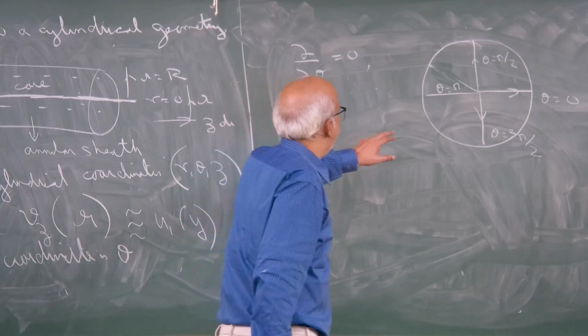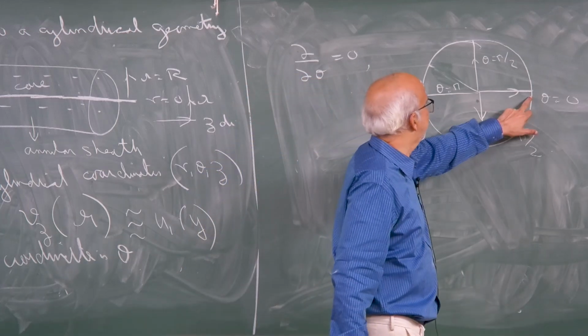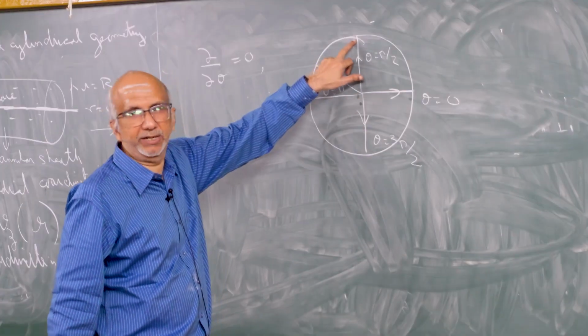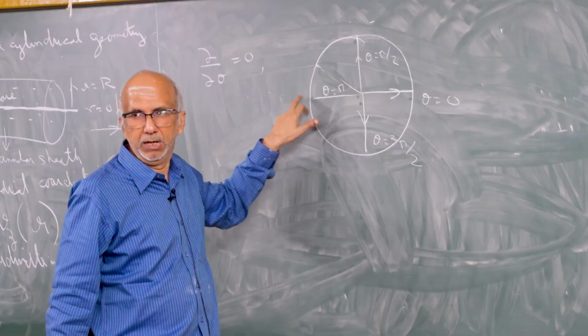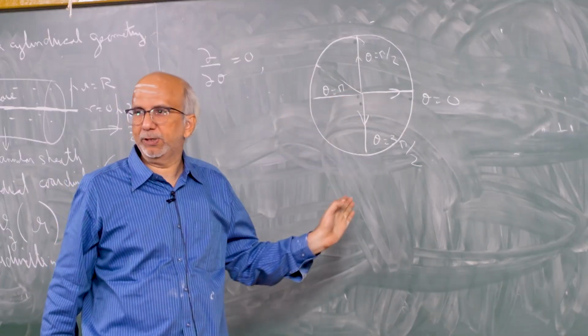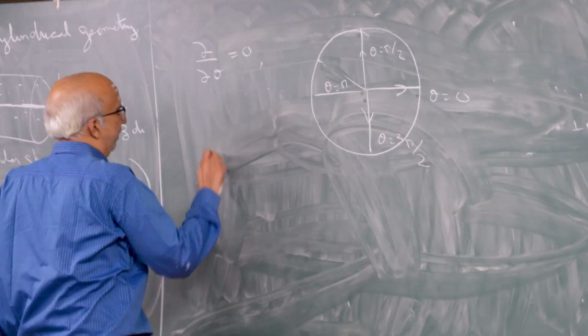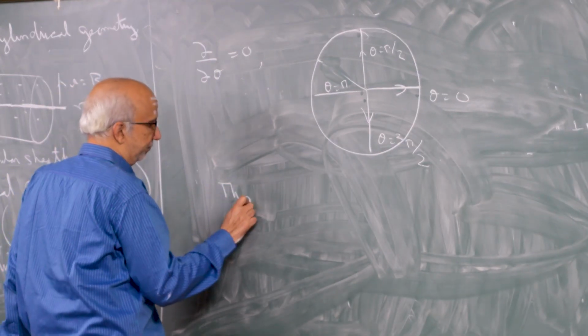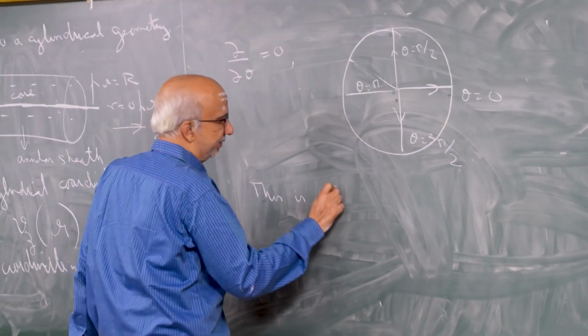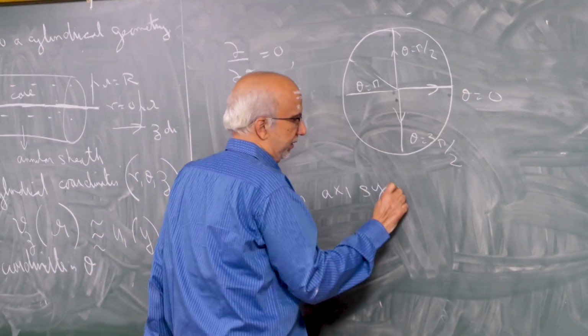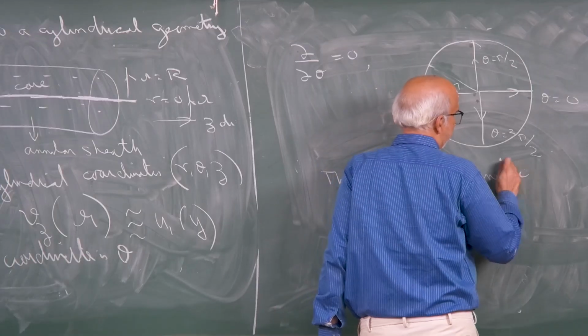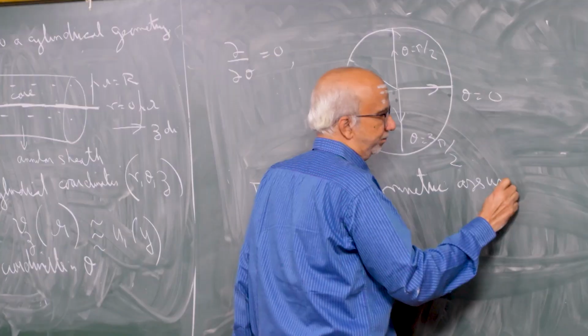The velocity variation in the radial direction here is the same as here, same here. That is, there is no change with respect to theta. So, we say that this is the axisymmetric assumption,